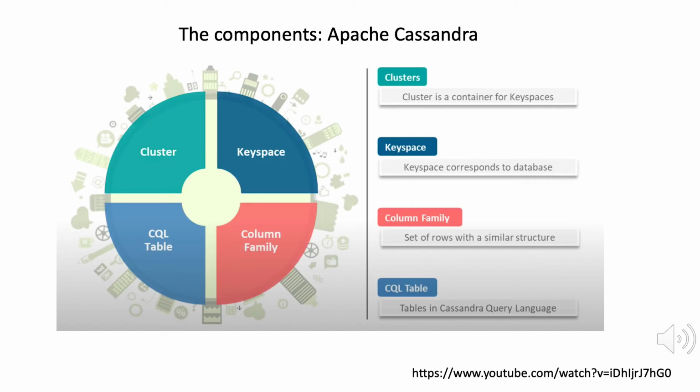Cassandra is a highly scalable NoSQL column-oriented distributed database. It can serve as an output sink for Apache Spark or Apache Kafka. At its core, Cassandra can be divided into three different elements. The first element is the key space, which corresponds to the database. Key spaces are also used to group column families or SQL tables, which are essentially an ordered collection of rows and columns. Multiple key spaces are organized by a cluster, which acts as a container.